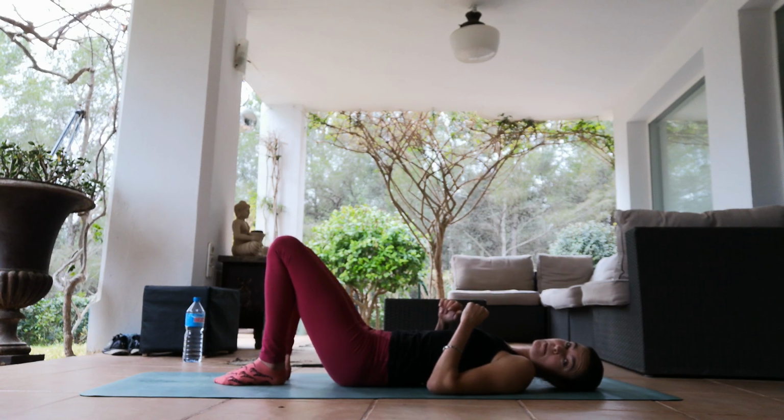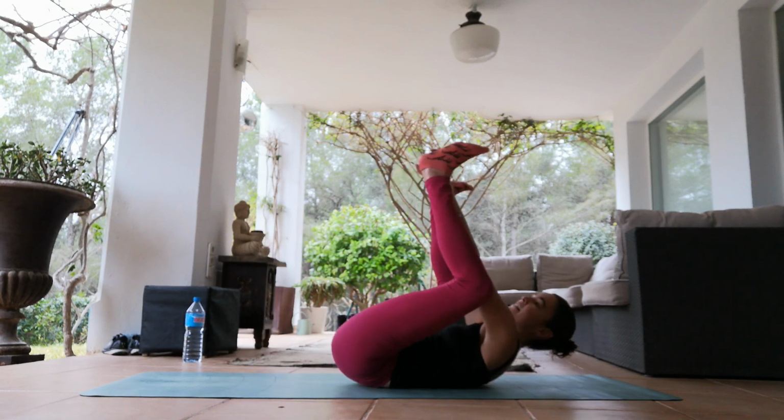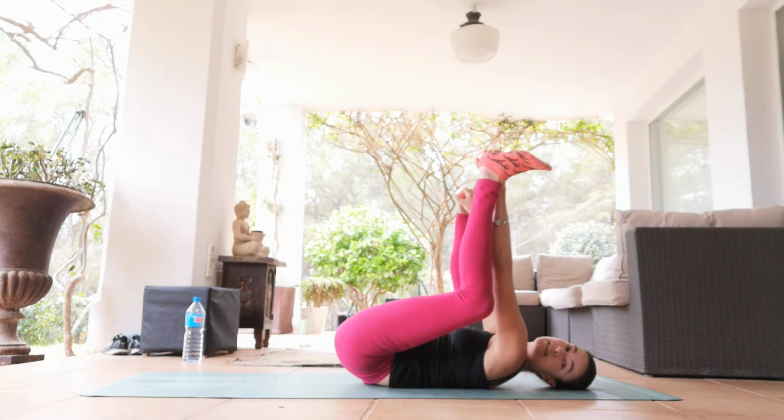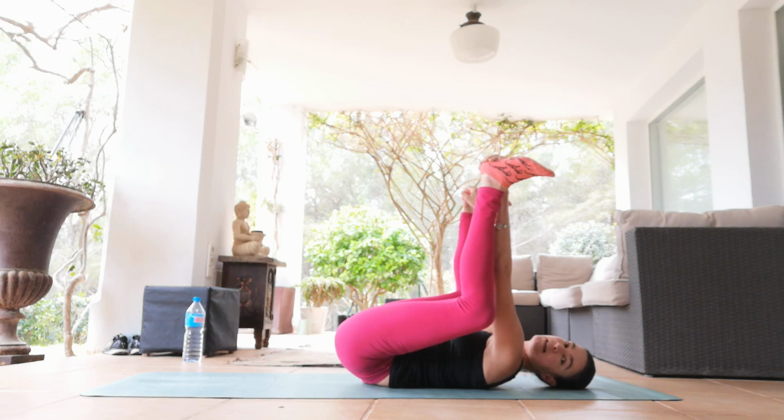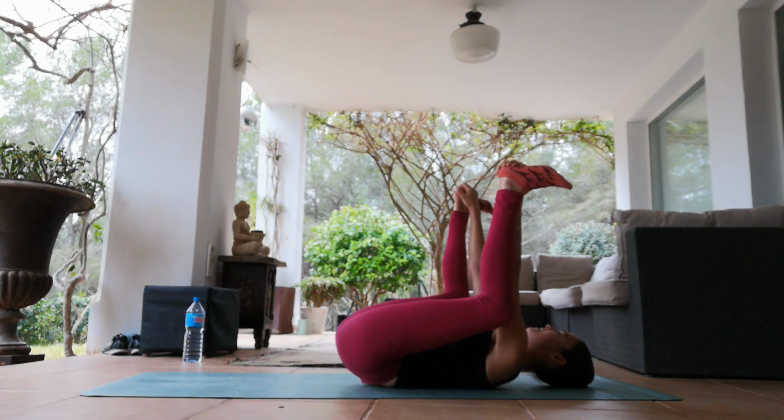And we're going to go into full puppy baby now, just to take a moment to stretch that out. So again, don't worry if you can't reach your heels, but try and get those knees down to your armpits and really flex those feet. So I'm just going to have a little moment here,